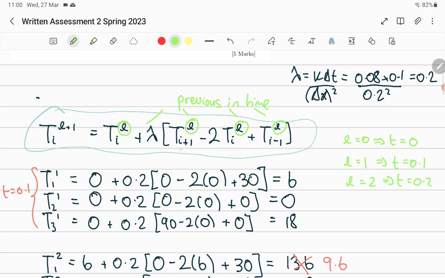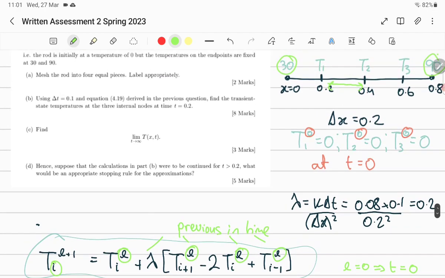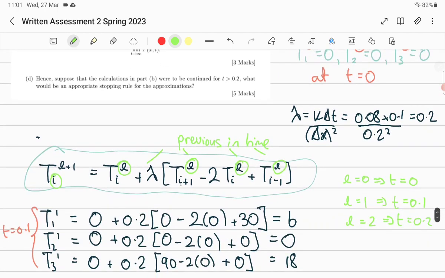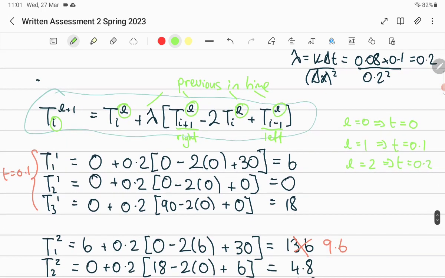Now here is a particular temperature. It could be temperature 1 or temperature 2 or temperature 3. And if you look at it, this is the same temperature. This is the temperature to the right. This is the same one. And this is the temperature to the left. So I'll even annotate this a little bit more. So you've got all the previous, where you were before this, at time equal to 0.1, the initial setup